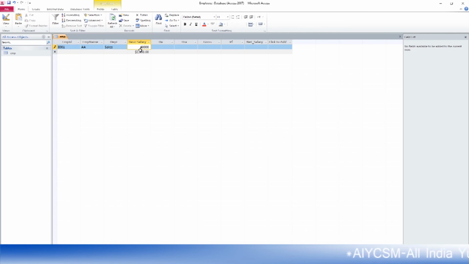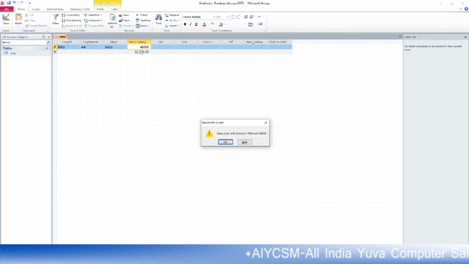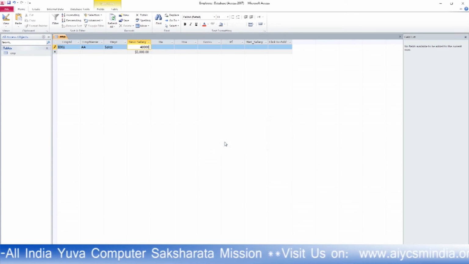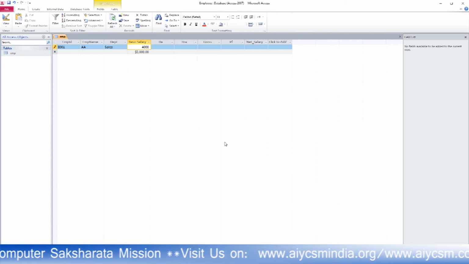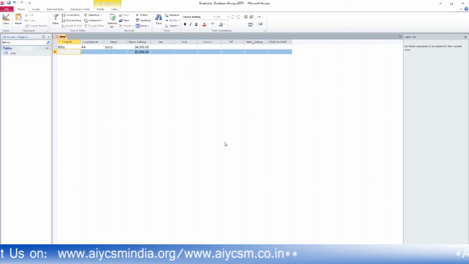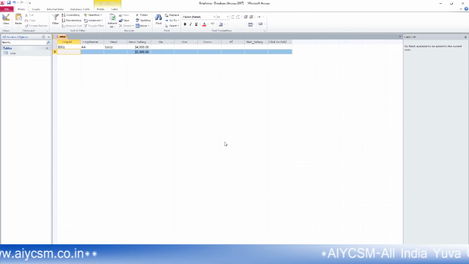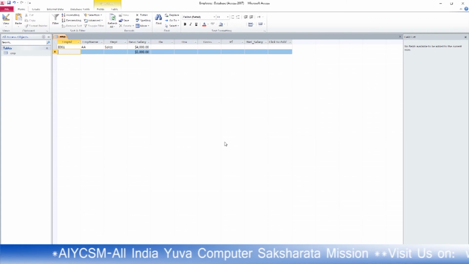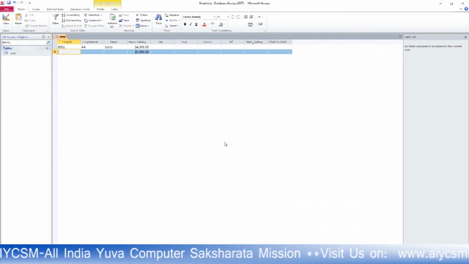Now click on next one. You will see the data enter only between 4,000 and 15,000. You are not able to insert 40,000. Okay. So you have to insert 4,000. This field is empty. Why is it empty? We will see. With the help of queries, we are inserting the DA, HRA, gross, PF, net salary, because they are the calculative fields. With the help of basic salary, we can calculate DA, HRA, gross, PF, net salary. Right now these are empty.